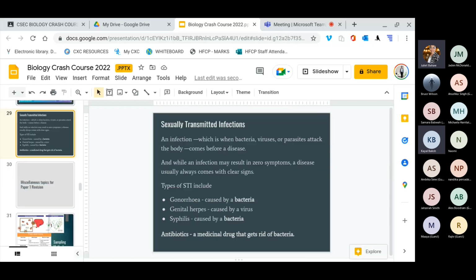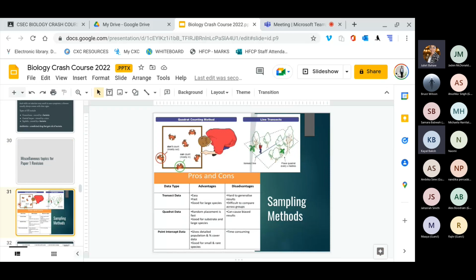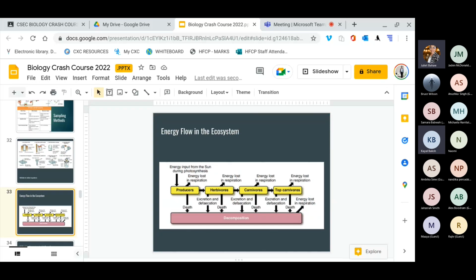So let's get some past papers. I did include some miscellaneous topics for your paper one revision. Things that you probably learned a while back and you kind of forget, like the sampling methods with quadrats, line transects, the different methods to collect organisms, the energy flow in the ecosystem,